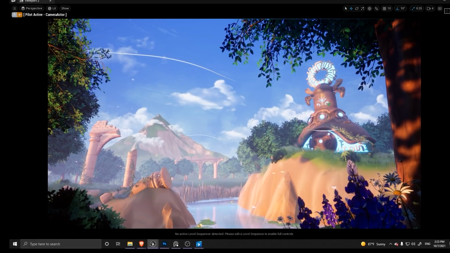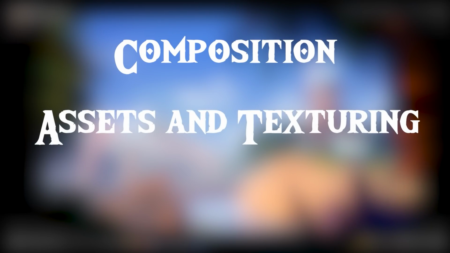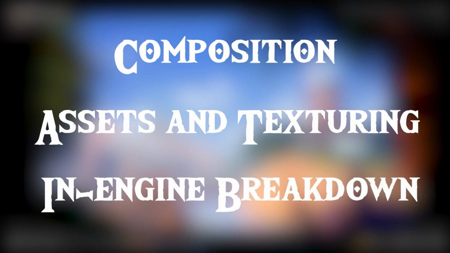I'm going to separate this video into 3 parts. First of all, composition, in which I'll talk about my inspirations for the scene and also give you some composition tips. After that, we are going to talk about assets and texturing, in which I'll go over how I textured and used my trim sheet, as well as my texturing process for the main shrine in this scene. And lastly, we are going to jump inside of Unreal Engine 5, in which I'll do a big breakdown of the scene, starting off talking about lighting. I'll go in depth about how I created my shader, and I'll also showcase how that shader works. So let's jump right into it.